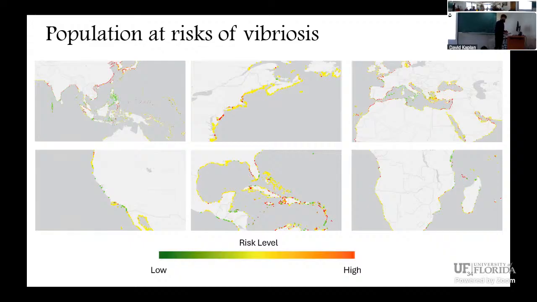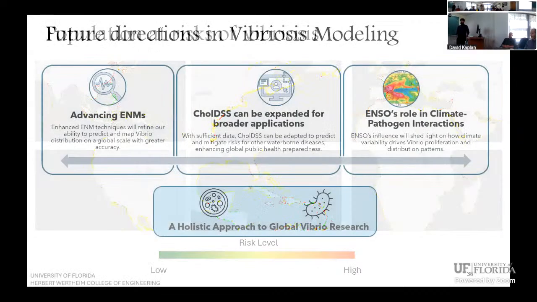Now, a thing that can be expected: if we just have a look over this region, it shows green, which means the Vibrio risk is low over here, but our ENM analysis showed the opposite, because these are for the same time frame. Another thing is that I did not include nitrate and the nutrients, which were the major contributors in the ENM analysis, in this model. So that's why it's showing the low value. And yeah, this is a vision. It definitely needs to be improved based upon the additional variables. So that's the Vibrio risk, the populations at risk in different parts of the world.